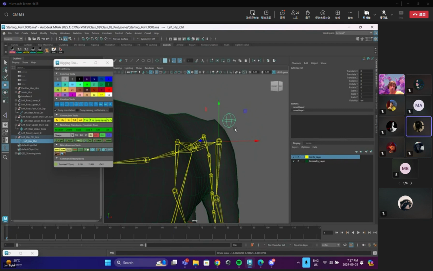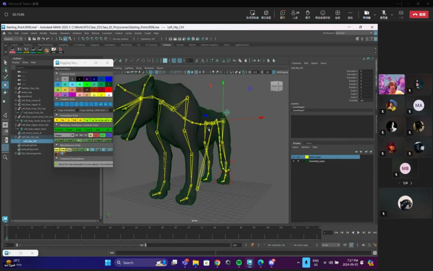Oh, right, because point means move. Yeah, it's only a translational control. Is that okay? Oh, yeah, it works. Oh, good, cool. All right,